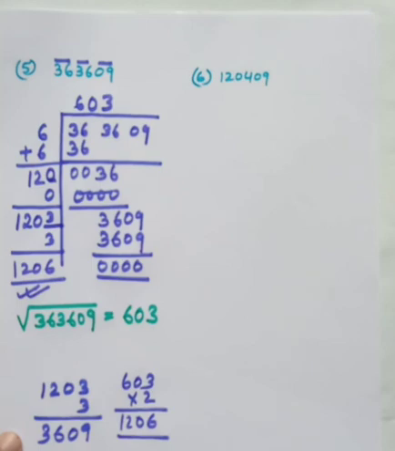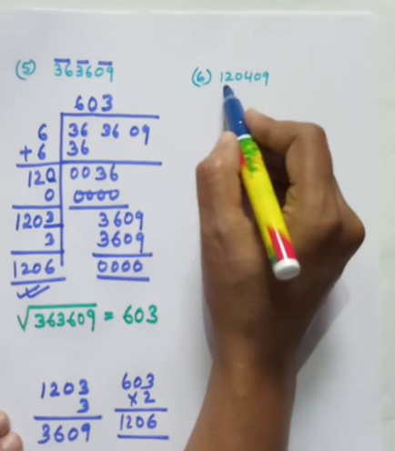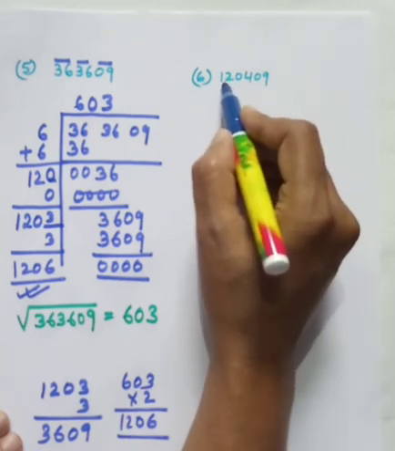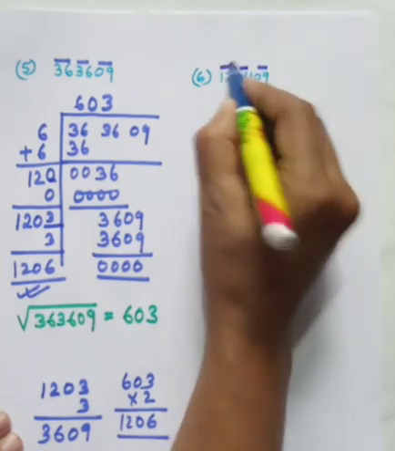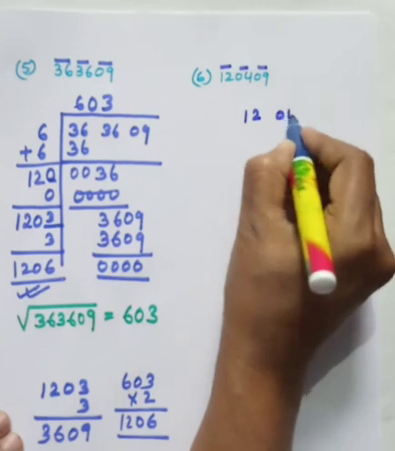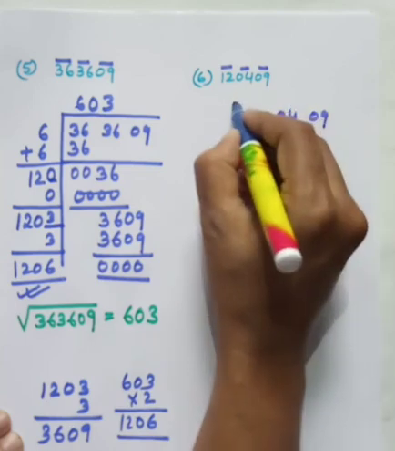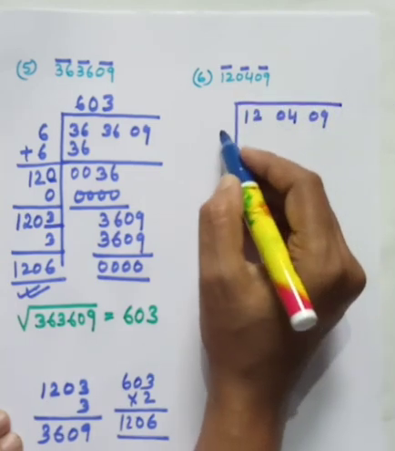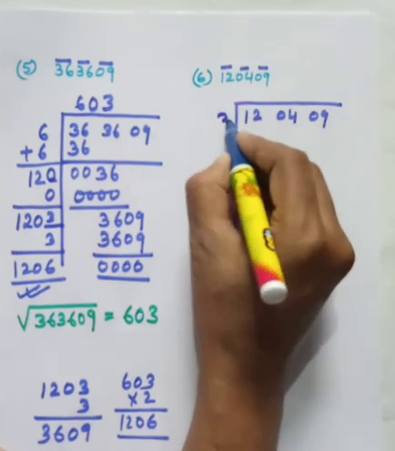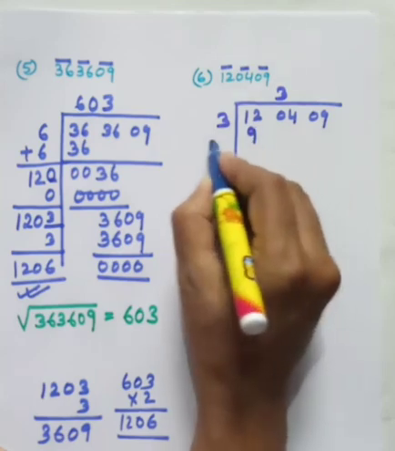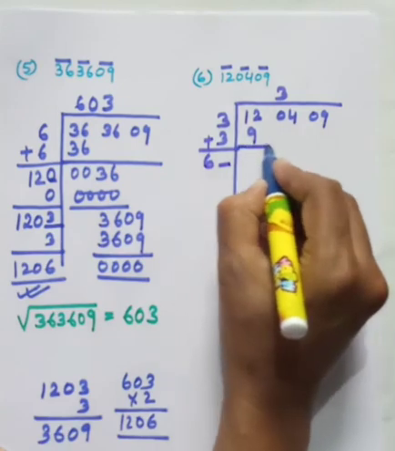I hope children you are getting this thing. Now look here. Let us find the square root for this number. How much is this? 1,20,409. Again do the same thing. Pair it up. So 12, then 04, then 09. So after pairing, let us see what we are going to get. Again see here, in this case also 3 3s are 9 and 4 4s are 16. 4 4s are 16 is not suitable. So 3 3s are 9. Put here, then double 3, you will get 6. Gap here for the next cycle of steps.